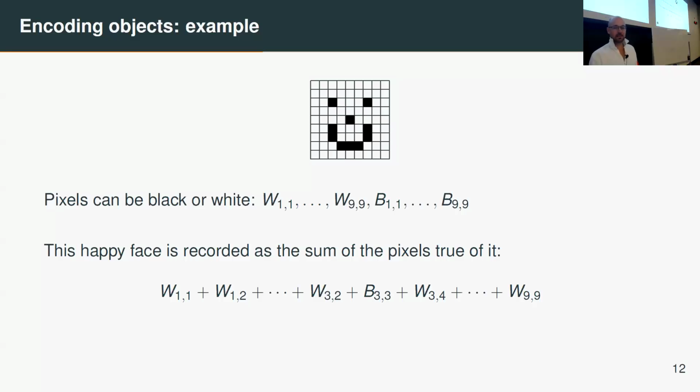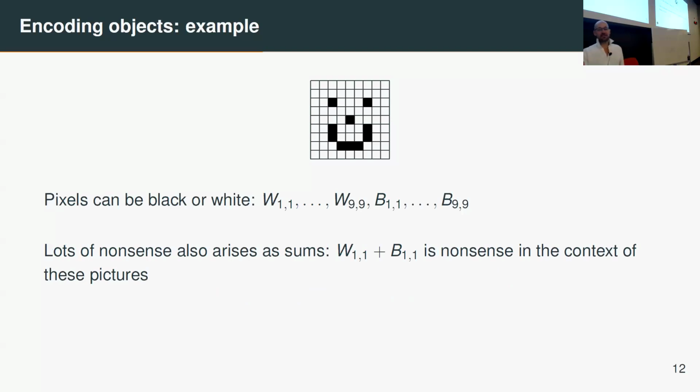Of course, you might ask, and this is the kind of thing that was confusing me when I tried to work this out: what happens if I add a white in square 1,1 to black? That doesn't make sense. And indeed, it doesn't make sense. So there's no picture that will have white and black in the same place, we would assume. And it doesn't really matter how we look at that, because if we're trying to classify pictures, for example, then we're not going to receive this. It's a meaningless piece of information anyway. If you were going to be receiving that, then that's fine, but it would be handled differently. We'll see how it's handled.